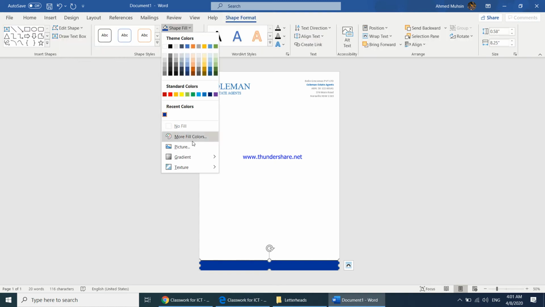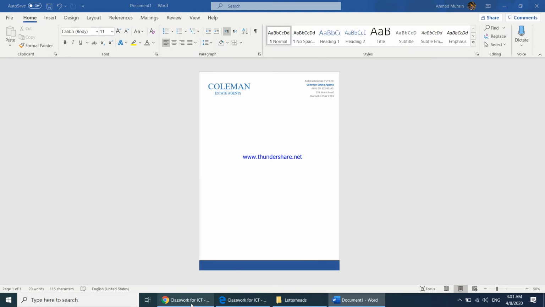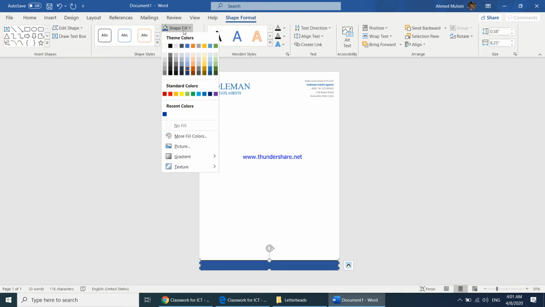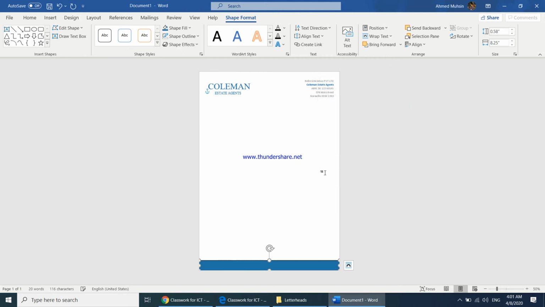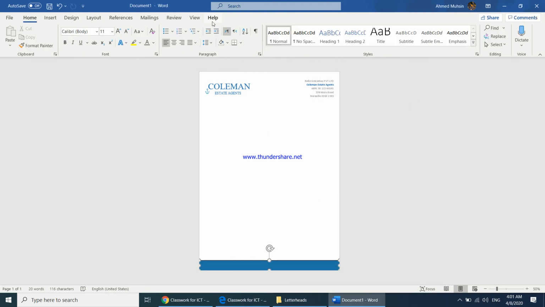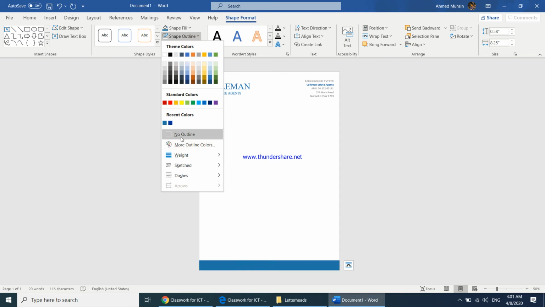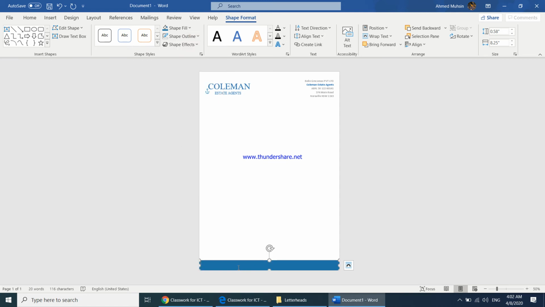Shape fill. Shape format, shape fill. It's becoming a bit difficult. Something like that. That seems better. And the shape outline, I'm going to get rid of the shape outline, no outline, and I'm going to start typing over there done different, and as you can see it's gray in color,